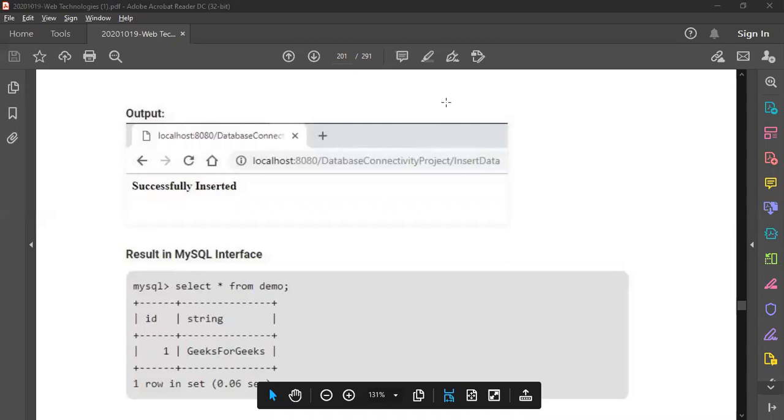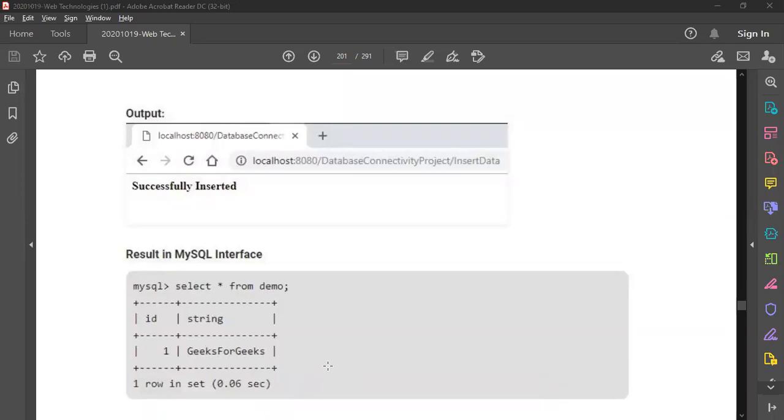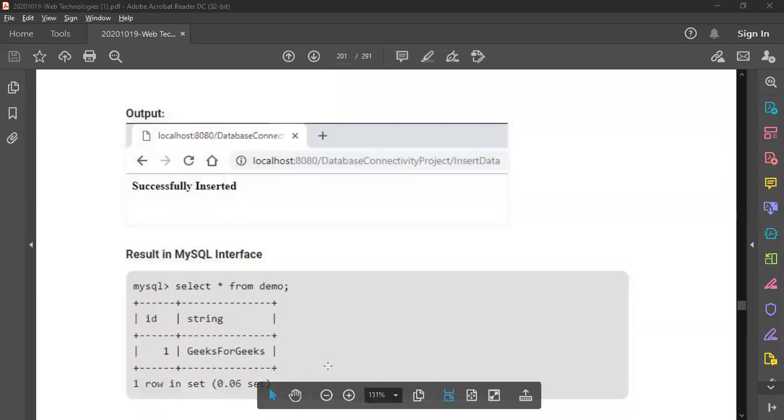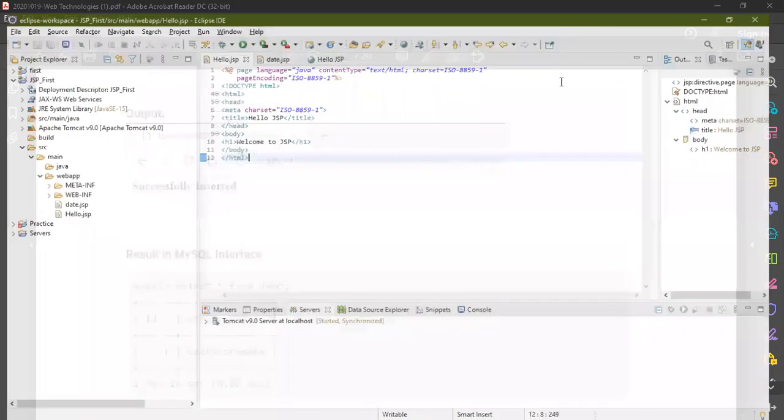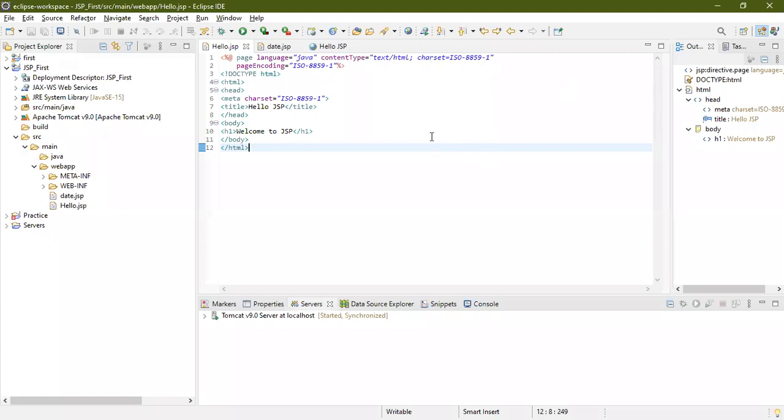I will show you my screen so that you can easily understand. Can you see my screen? Eclipse IDE. Yes, sir, we can.